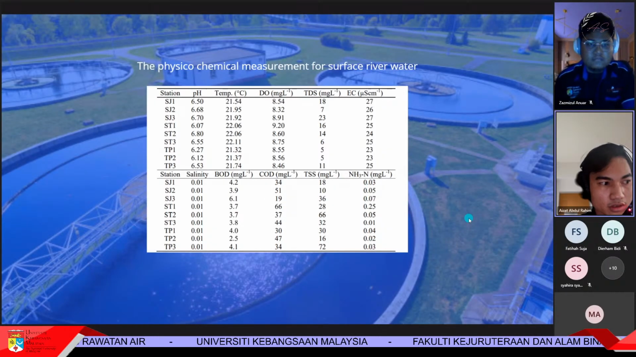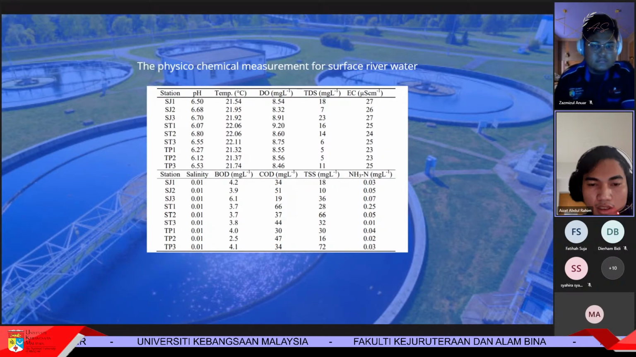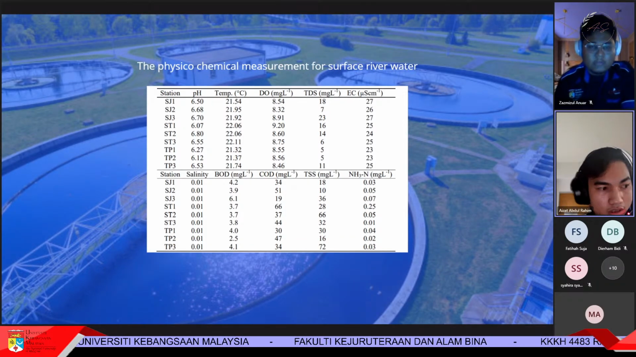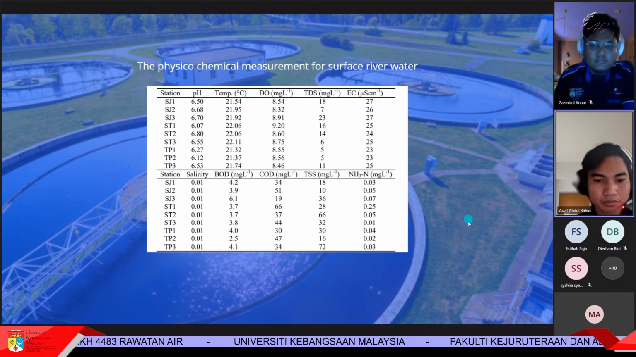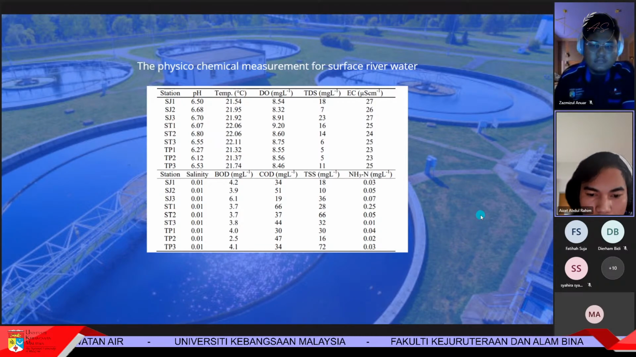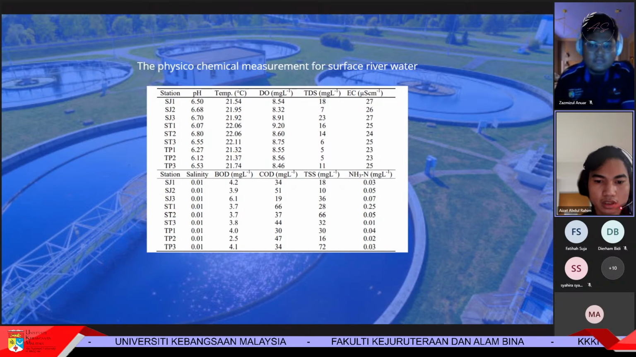So based on the chemical measurement for surface water, it can be shown that the dissolved oxygen, which is DO, levels in the 3 rivers vary slightly and were in the range of 8.32 to 9.2 milligrams per liter. These levels can be considered saturated, in line with the rapid flow of the water. Meanwhile, the TDS, total dissolved solids, vary widely within the range of 5 to 23 milligrams per liter. Electrical conductivity also had small variation among the 3 rivers. Their values were within the range of 23 to 27 microsiemens,